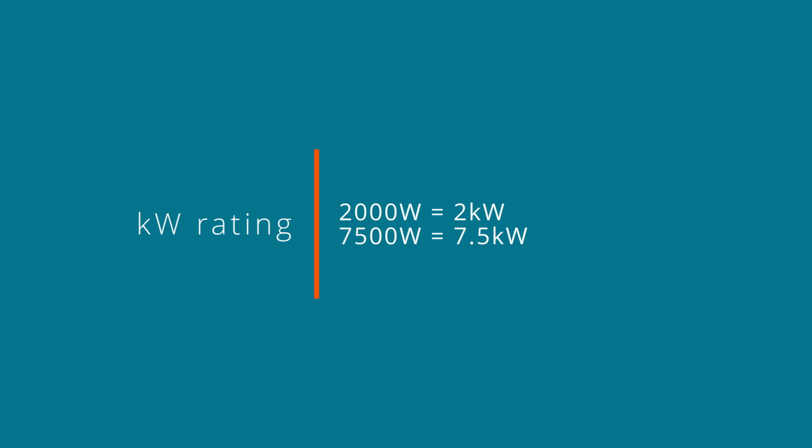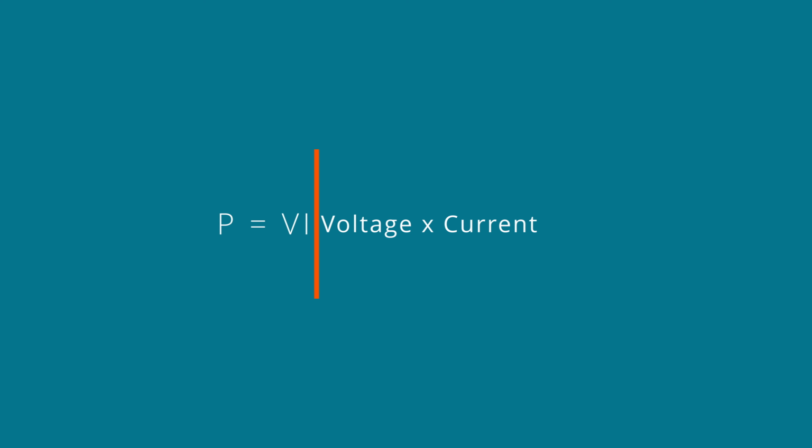Now, we have several formulas that we use for calculating power in an electric circuit, but for the purposes of this discussion, we are going to focus primarily on that formula that links voltage and current in an electric circuit. So the formula that we're going to explore is power is equal to voltage times current, or P equals VI,